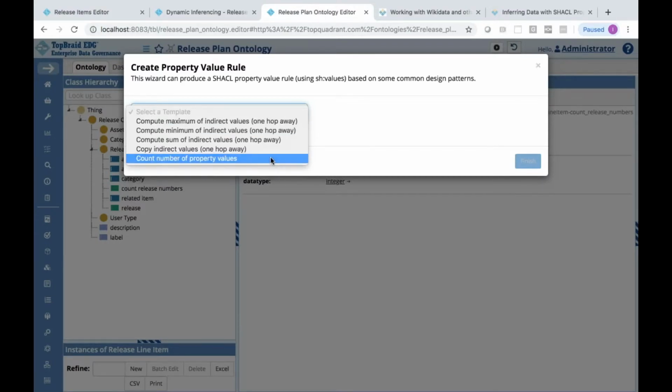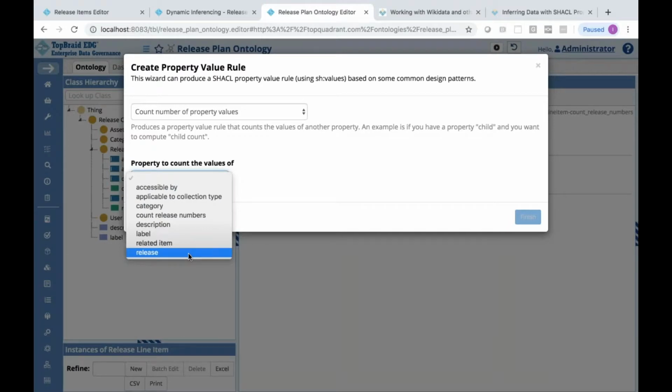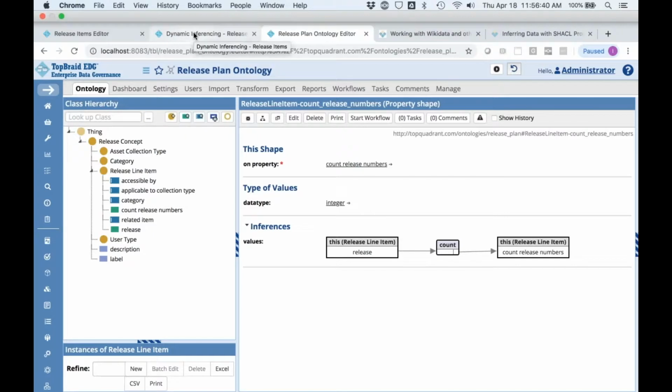So here I'm going to pick count number of property values, and I'm going to use the release and count the number of release values. And that creates a rule for me. You could see this graphically, how it works. It says, all right, we're going to take the value of release, count how many, and then populate it into this property. So that's all I needed to do to set up inference.